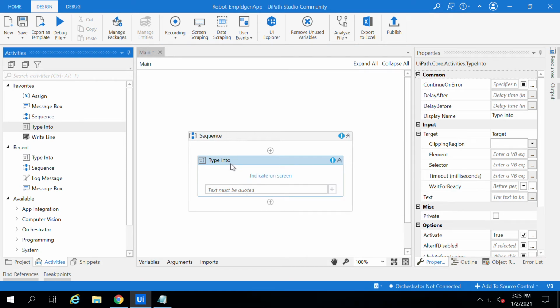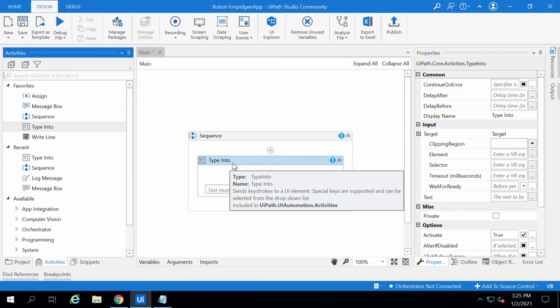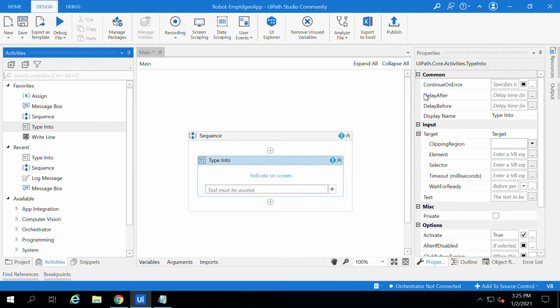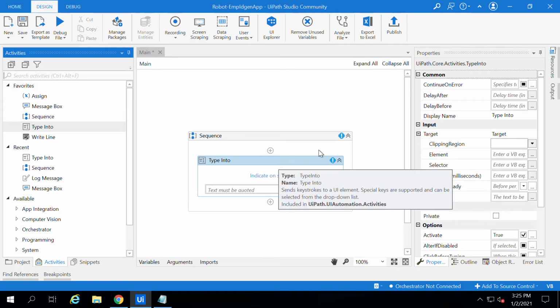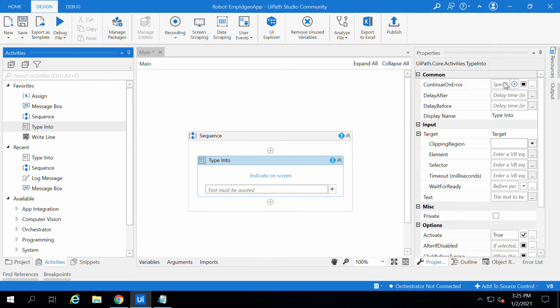Let's first see some of the properties of this type into activity. If you see the properties window, there is continue on error. What it does is, in some cases, if any exception or error occurs, we should not break the flow. In that case, we can make it continue on error true.